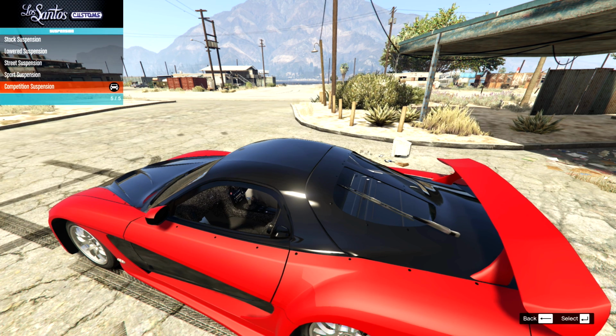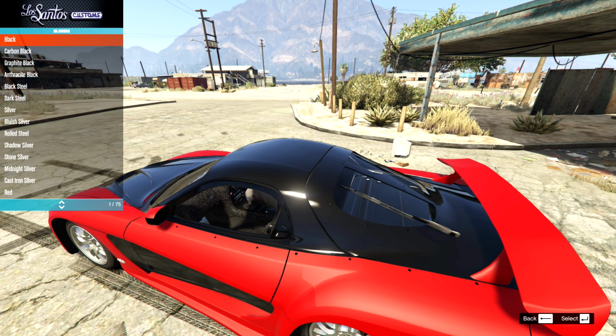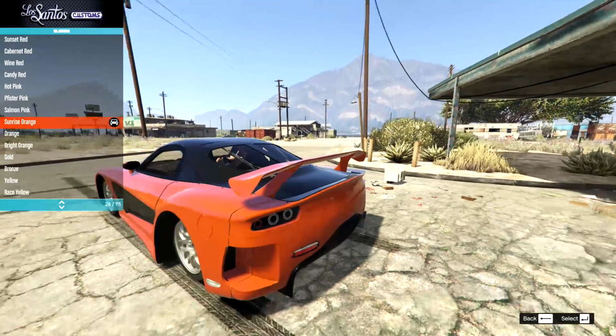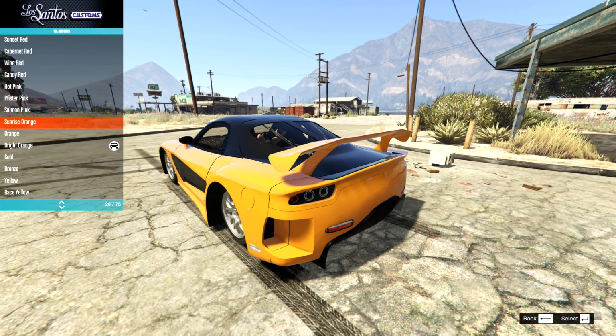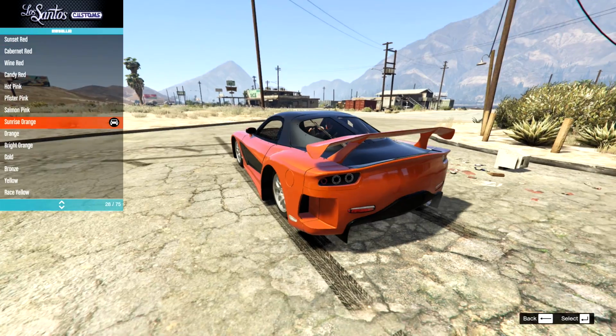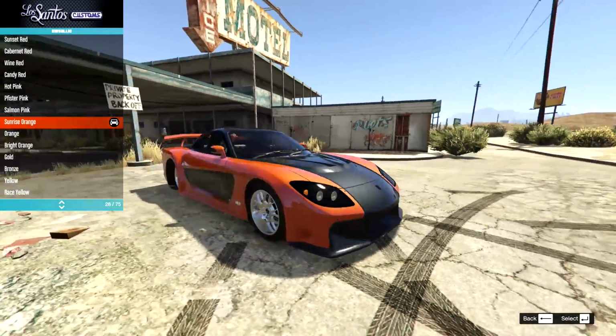Let's go for suspension. Competition, suspension, paints, primary, classic, and just try and get the right orange. Is that the right orange? What else have we got? Orange, bright orange. They're just a bit too much. Maybe we'll go for a metallic. There we go. I think sunrise orange is perhaps the closest we're going to get to the orange from the